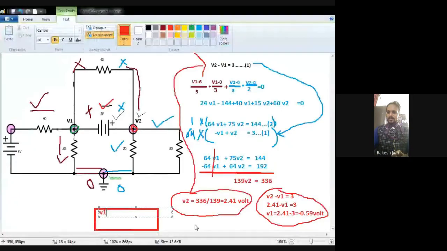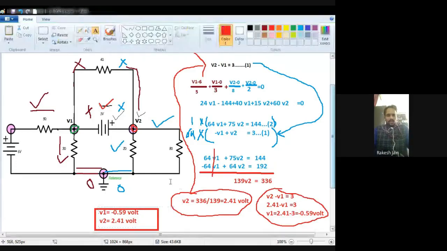So what is the final answer? First of all, I write it down, then I will repeat the rule to find the answer in case of a supernode for this question. So the V1 answer is minus 0.59 volt. This is my answer. Now once again I repeat, whenever you find any supernode,